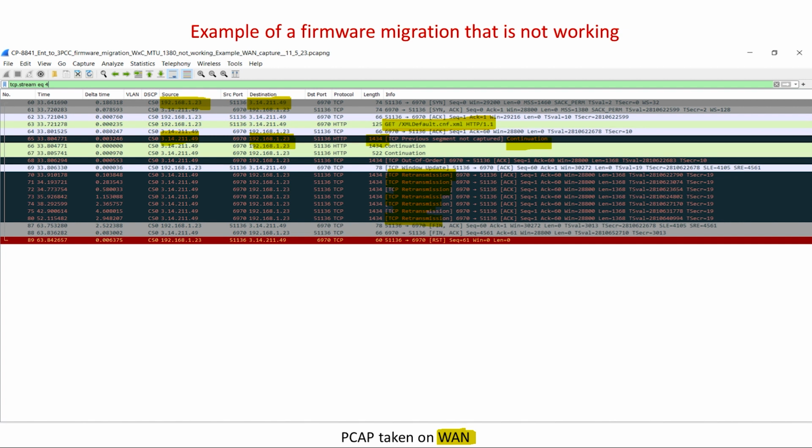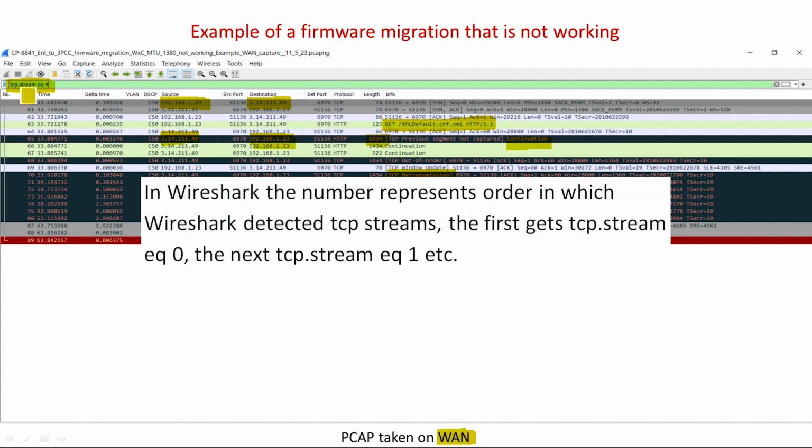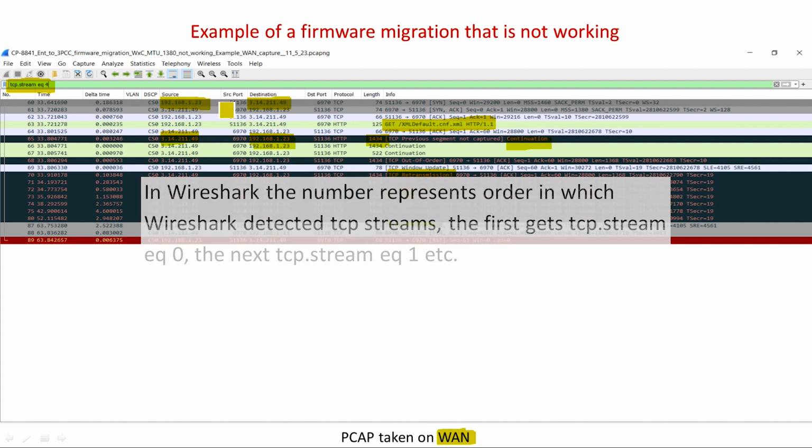You can go through the actual Wireshark capture, and what I'm using to filter this out, because there could be a lot of information, is, one, when I captured this on the WAN interface of the router, I used a filter for the host IP address of the WAN interface of the router itself. And then inside the PCAP, I'm using tcp.stream equal 4. I preemptively went through the different streams and identified the ones I'm interested in, which is really my phone, 192.168.1.23, going to the